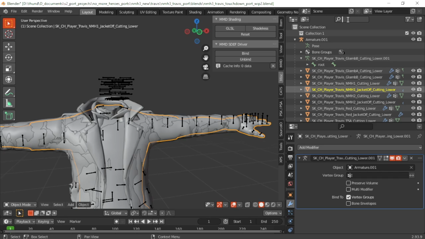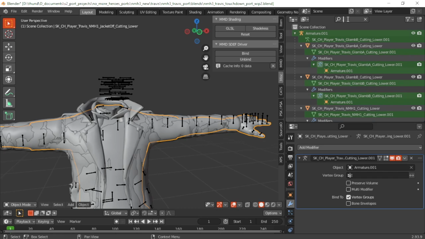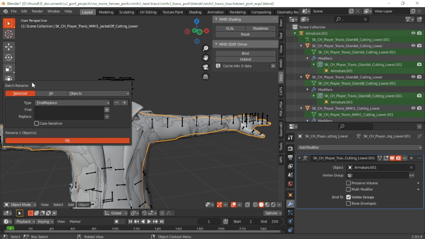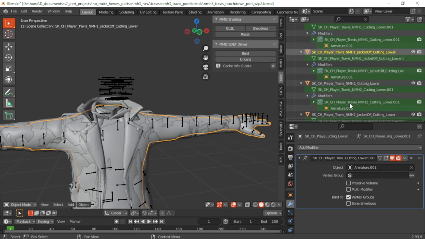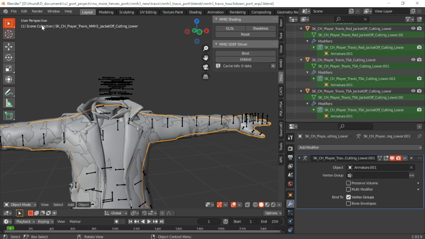So what we're going to start by doing is checking if there are any periods in the names, because Source 2 seems to bug out when there's anything like periods or capital letters or spaces. If we look here, when we search for periods, there is quite a bit of them. So the easiest way to get rid of these is to go to Edit, Batch Rename, select All, Find, put in a period, Replace. We're going to replace it with an underscore, and it seems like none of the objects,